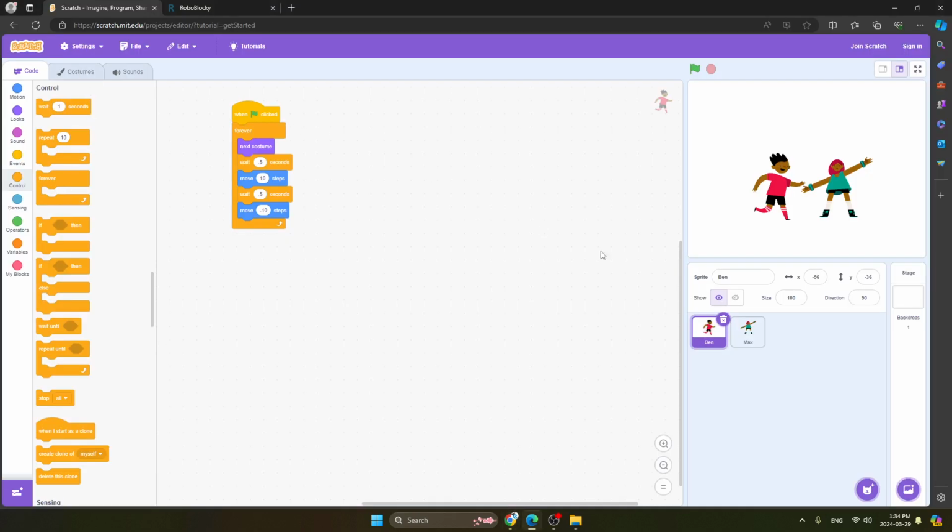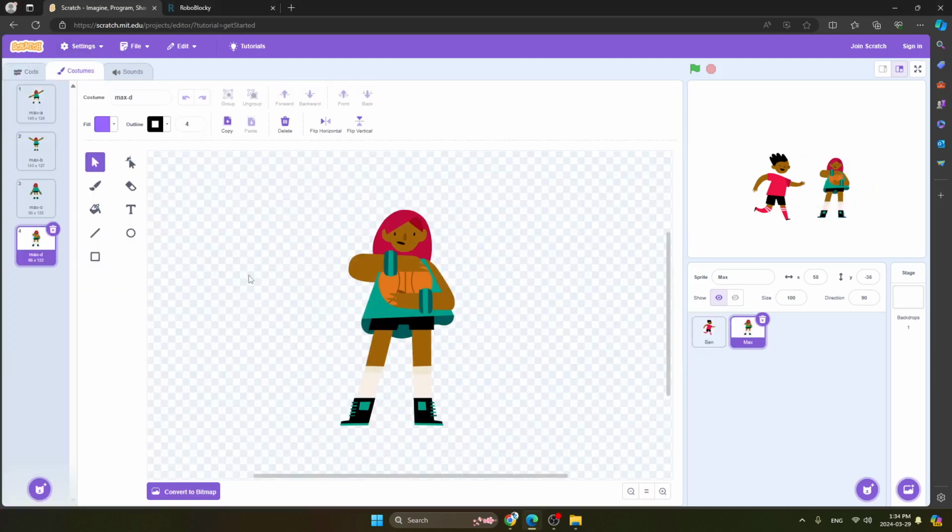So let's go to the costume. First click on Max and go to the costumes. In the fourth one, we have to take the ball and delete it, or remove the ball over here. Where's the ball? Take it again.